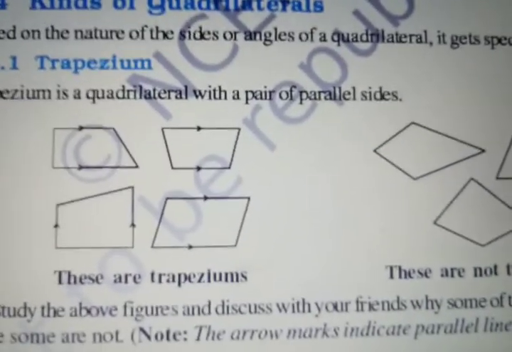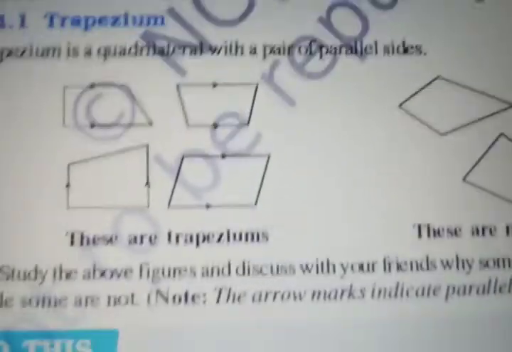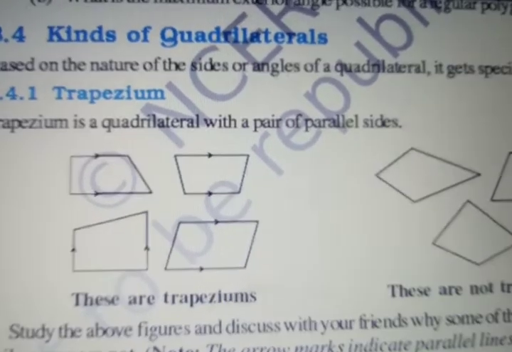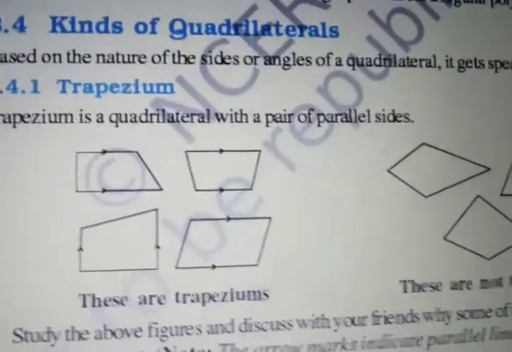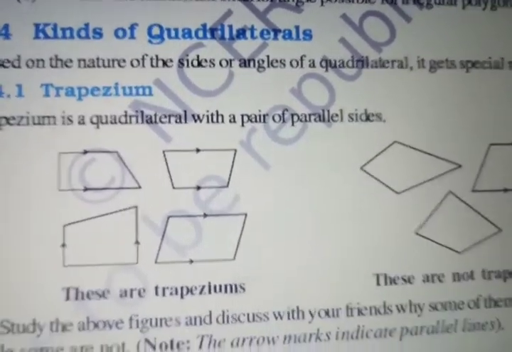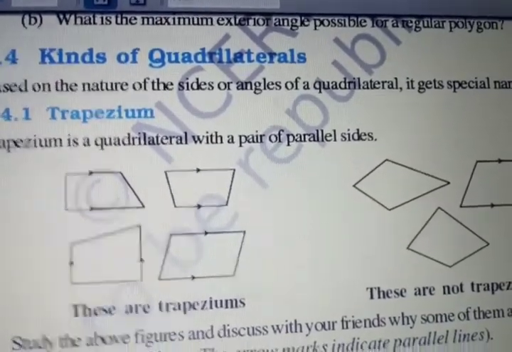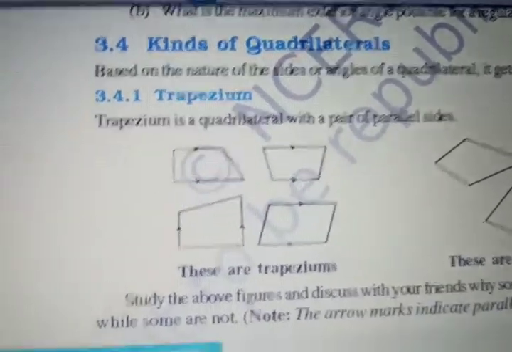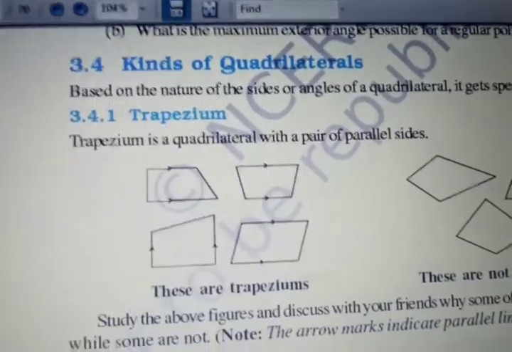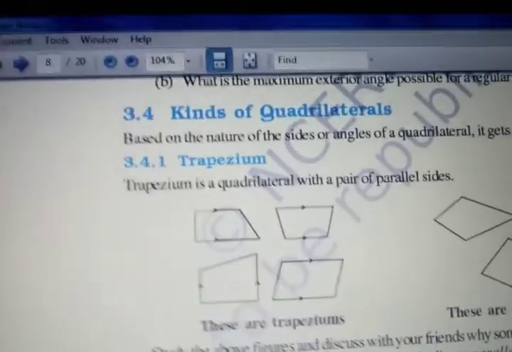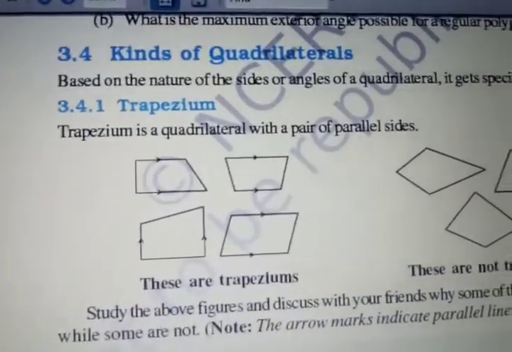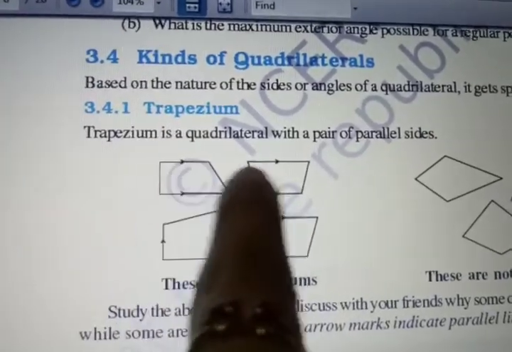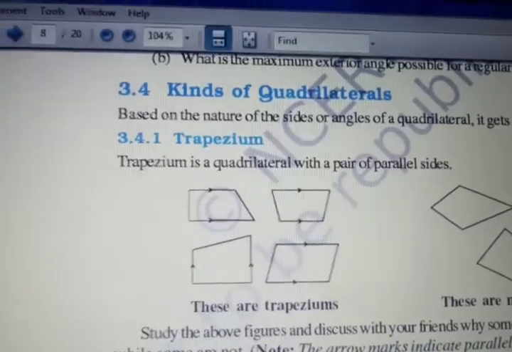You can see trapezium in many real life applications, children. Your popcorn cup, when you go to the movies, right, you will get a popcorn cup. That is actually a three-dimensional trapezium. Likewise you can see many real life applications related to trapezium. So trapezium is a quadrilateral which should have at least one pair of parallel sides. It need not be an equal side. It should be parallel. It should not intersect at any point.